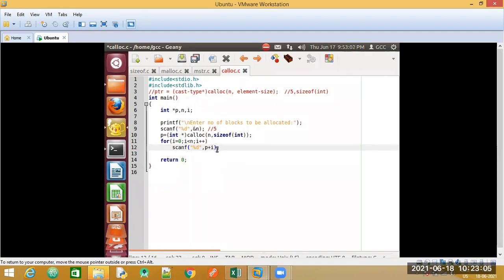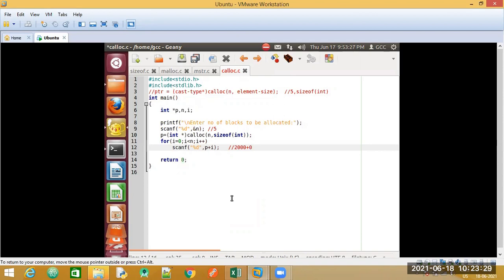See, I do not need to multiply into 2. Why? See here, the base address that we took there is 2000, the value of P. Plus, now, what is the value of I? Currently, first iteration, 0. Fine. This is P plus 0 at the address 2000.